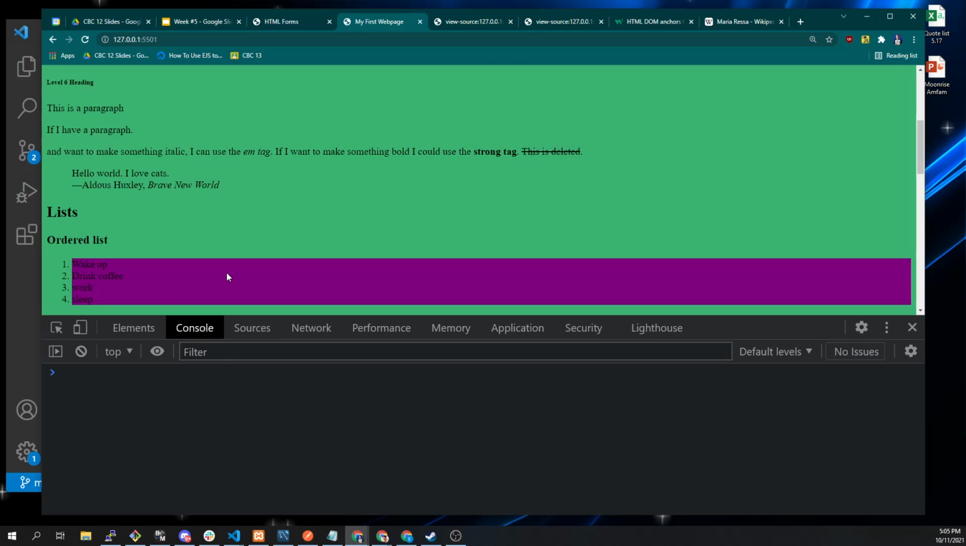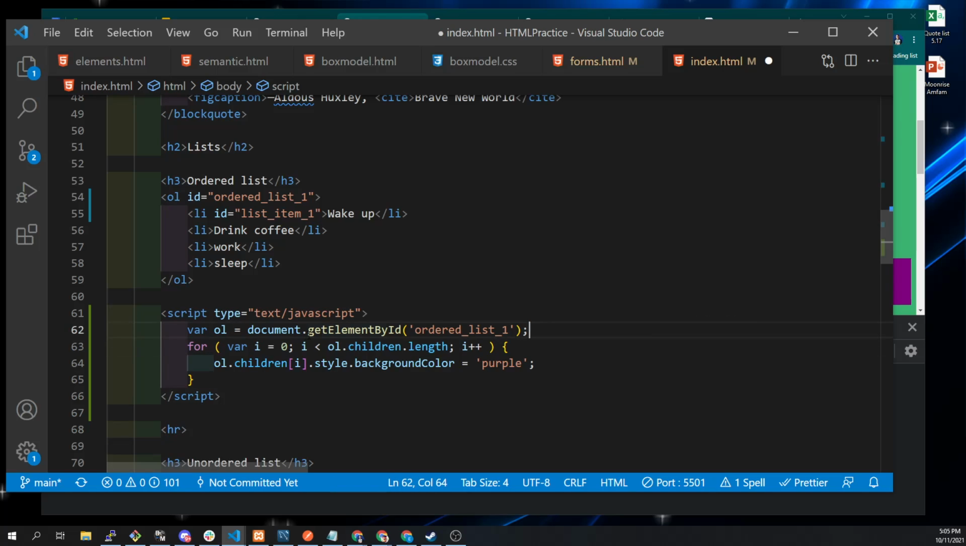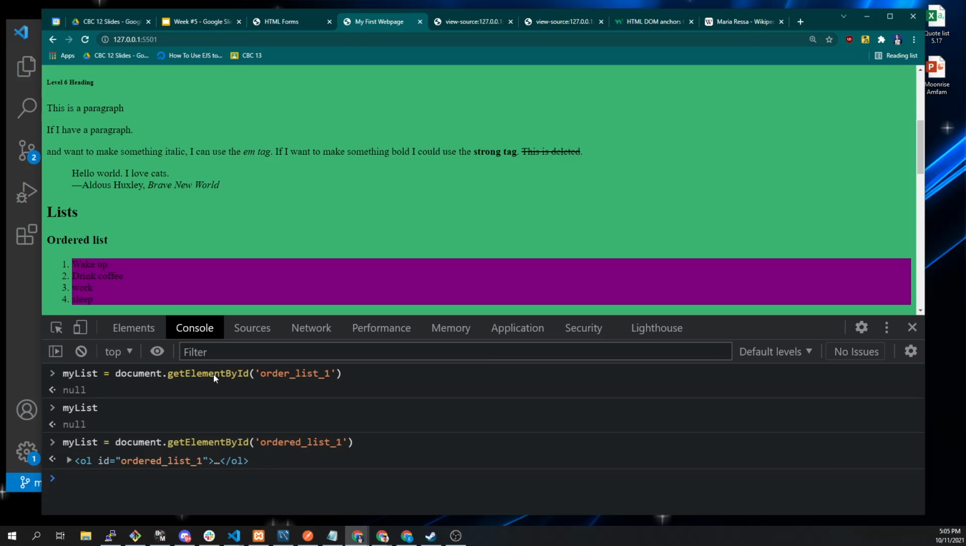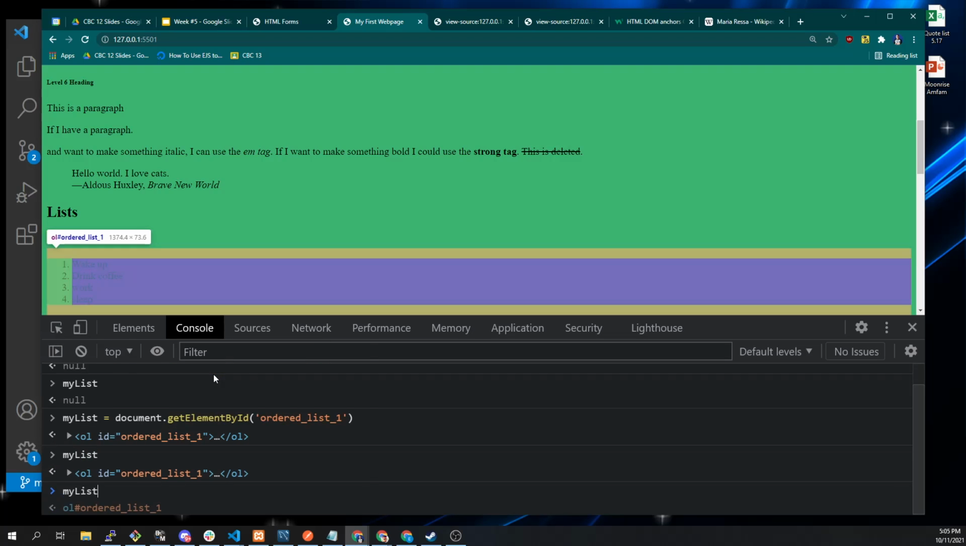Let's turn off debugging. So just like, as I'm sure you'd imagine, my list equals document.getElementById ordered list 1. My list is that ordered list 1, ordered, right? So my list dot children